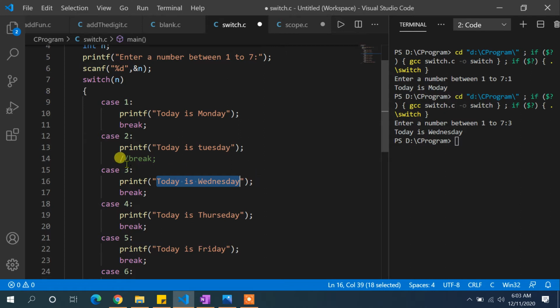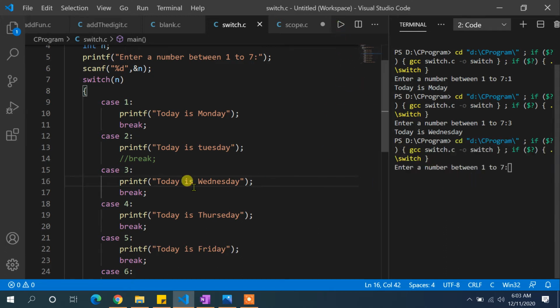So which is the demerit? Obviously, if you have missed the break statement, the control is not coming out of the switch statement, and both these statements get executed, and then the break statement executes, and that will make the control come out of this switch. So let me show you. If you run this program and you have made a mistake on case number 2, which is shown over here, let's say we enter the choice as 2, then you can notice the output is coming like this. Today is Tuesday, which will come from here, and today is Wednesday, which will come from here. Why is it printing?